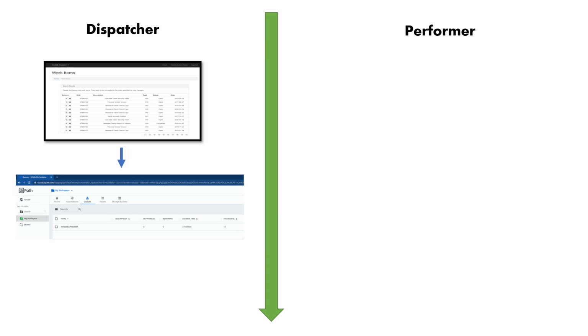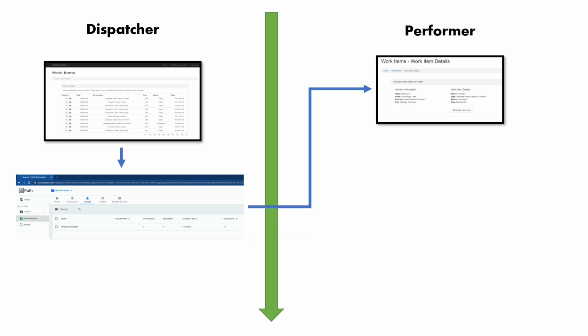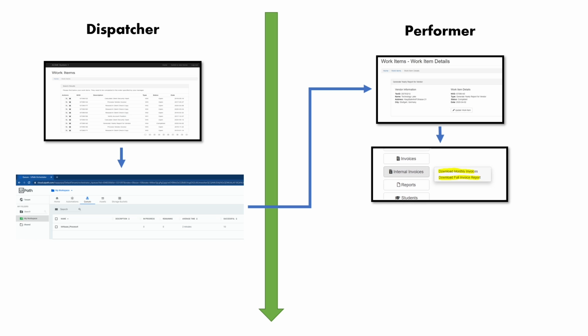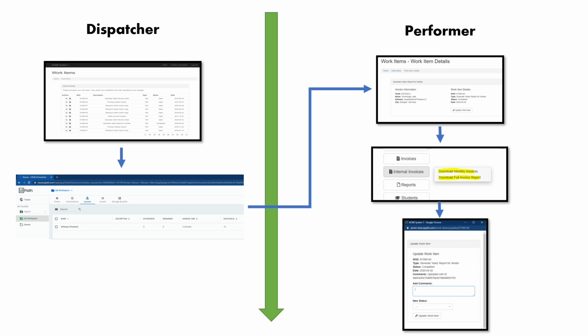Then once we complete that, we will build the performer, which will start by connecting to the orchestrator queue and getting the remaining items, or the WI ID. From that WI ID it will open the system one application, search that item and look for the tax ID. After getting the tax ID, it will start creating or downloading monthly reports or monthly invoices. Then after getting all the needed monthly invoices, it will upload those invoices and update the work item,